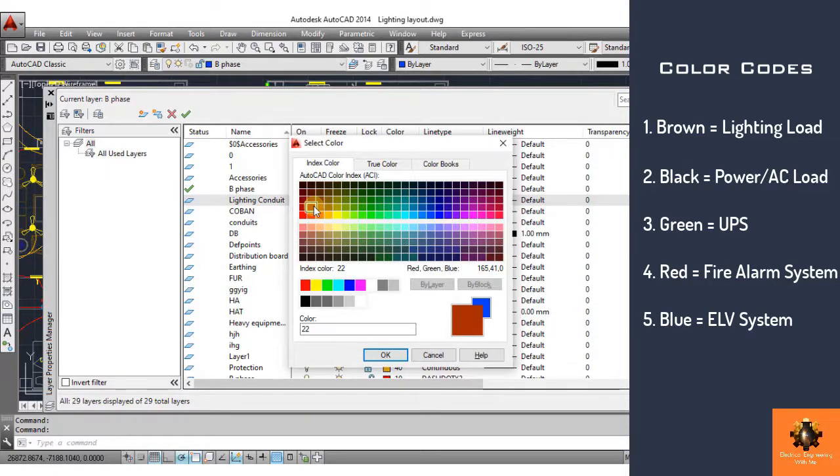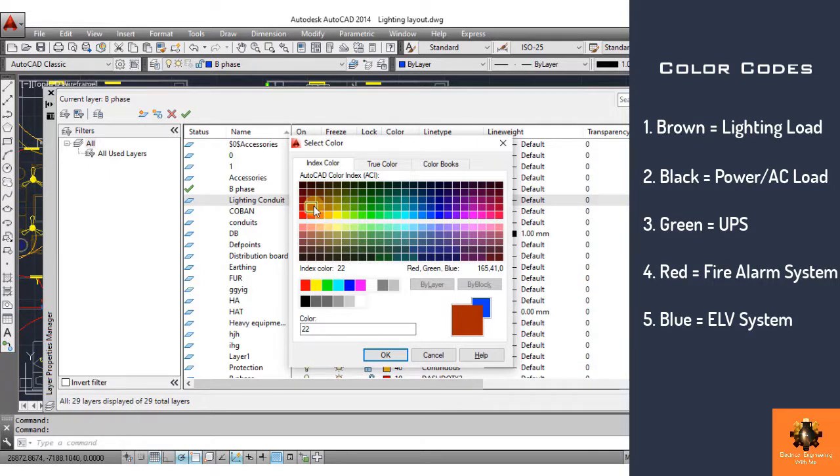And why are these different colors used for conduits? It is because we need some means of conduit identification for each of the services inside the building. If you are working in a commercial building with many electrical, mechanical and other services, it is nearly impossible to know which conduit is for what.